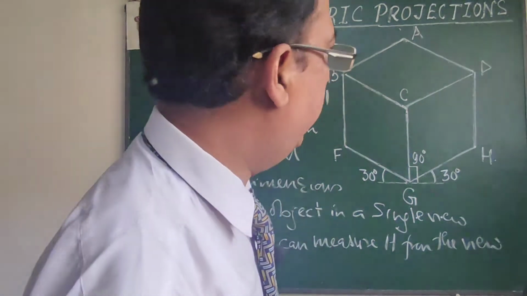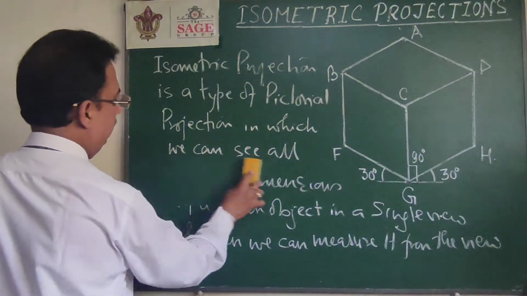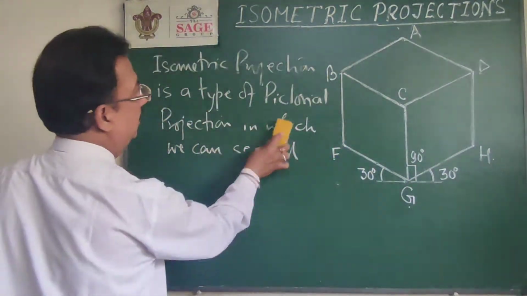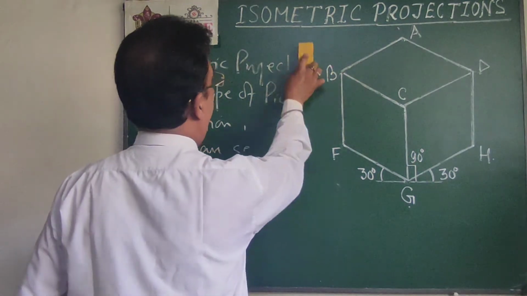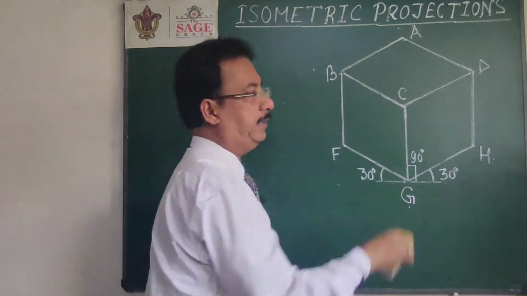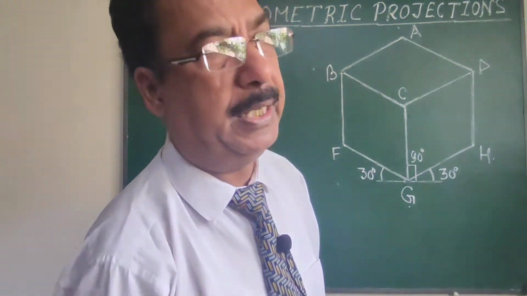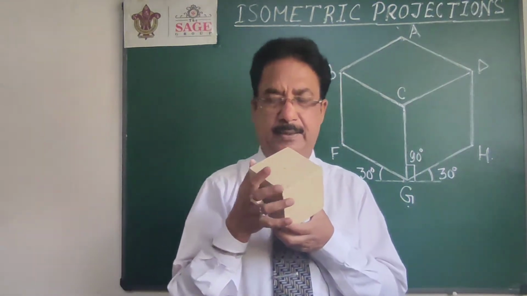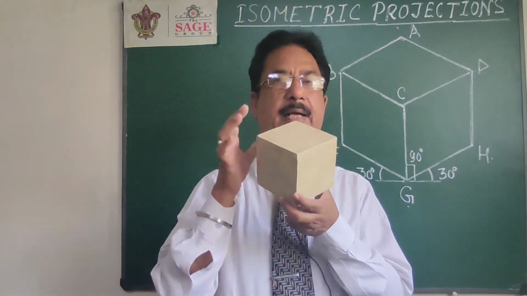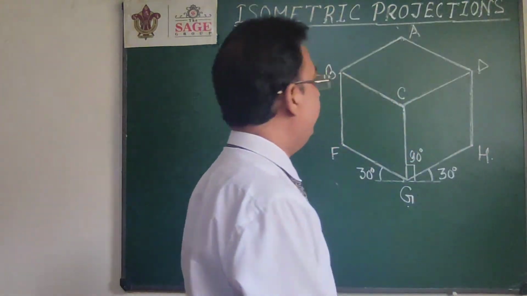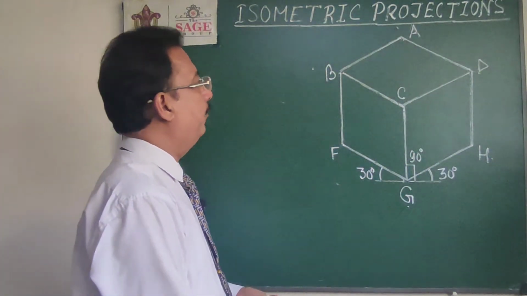So in this figure, as I named those vertices A, B, C, D, E, F, G, H, the point E will be just behind the point C, as that solid diagonal will be perpendicular to VP. This will be held like this. So this is point C and that back point will be point E. So CE will be perpendicular to the VP.